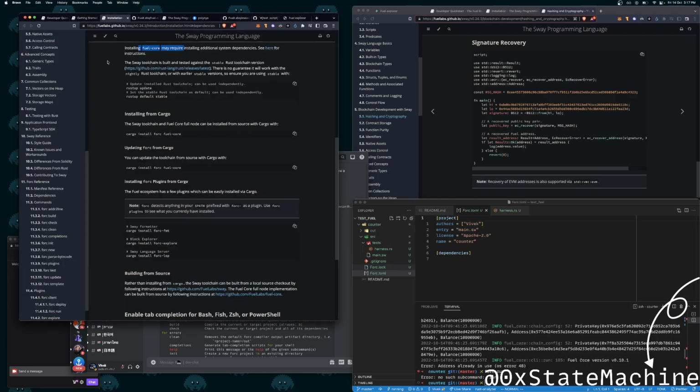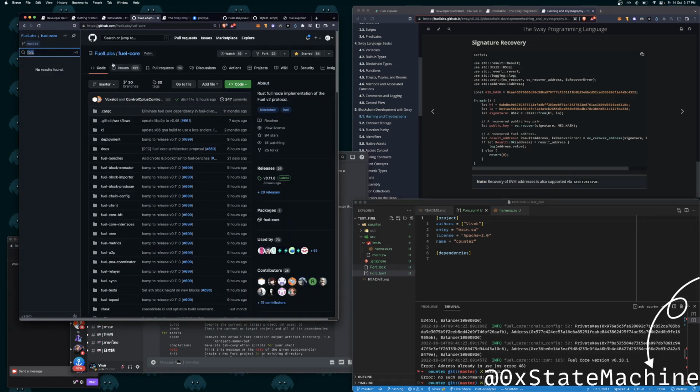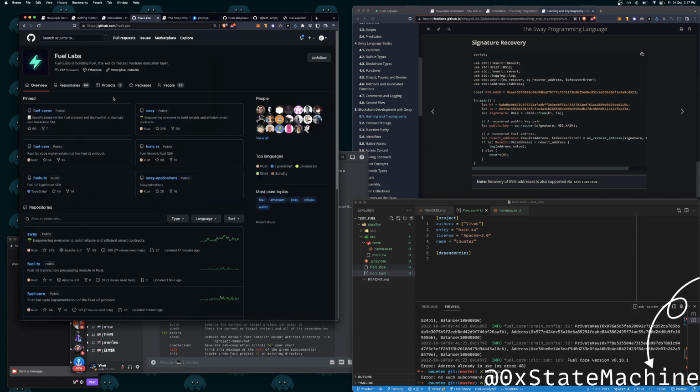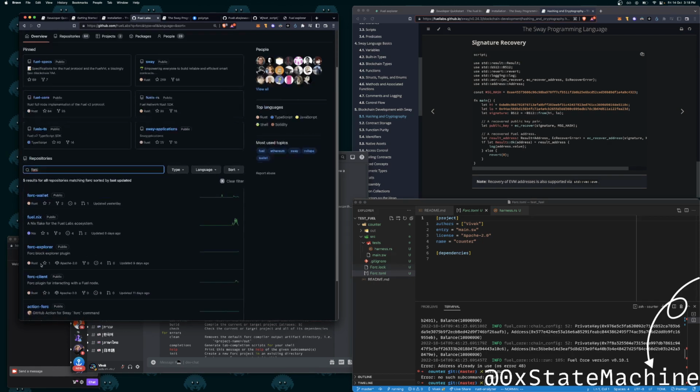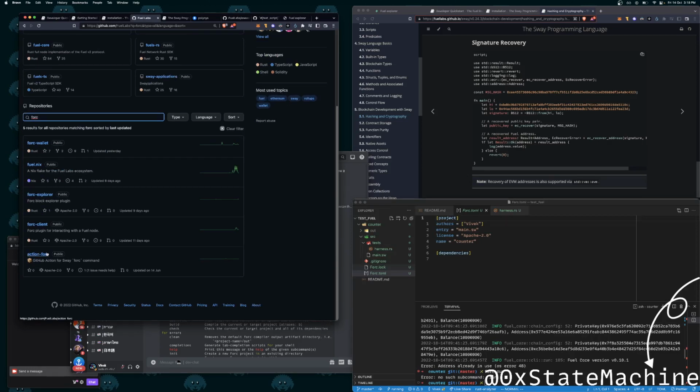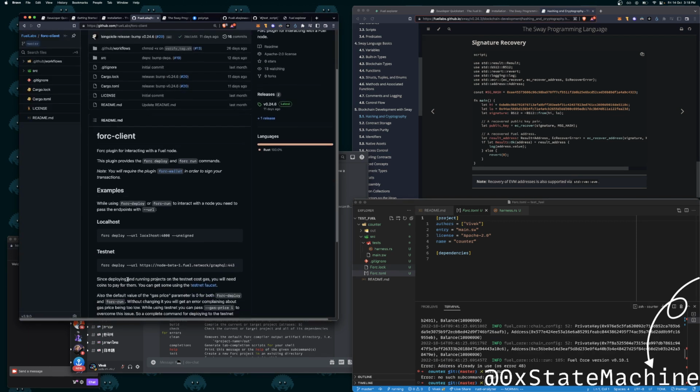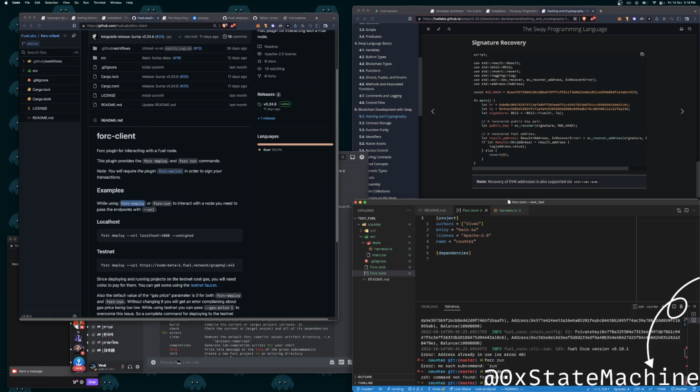Forc is not part of the fuel core, is it? 4C wallet. While using 4C deploy or 4C run, how can I install this?